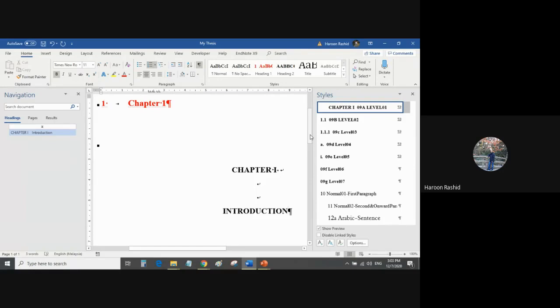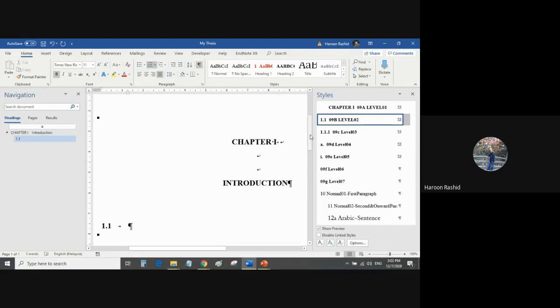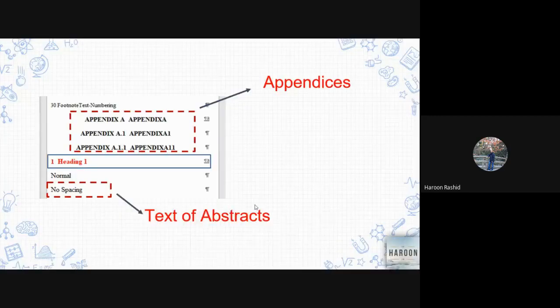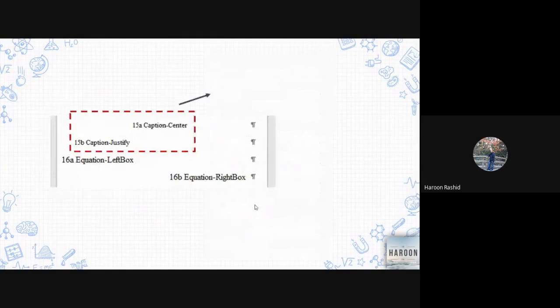Now when I press the enter key, I get the 1.1 heading already written there, without my clicking on the heading numbers and the tab or the spacing. Now, if you notice one thing, there are some spaces between chapter 1 and Introduction, and from Introduction to 1.1. All these settings are the same as what UKM actually wanted from you to have in your thesis. Let me show you here. If you remember this page, yes, see in this page, the same spaces are automatically created.